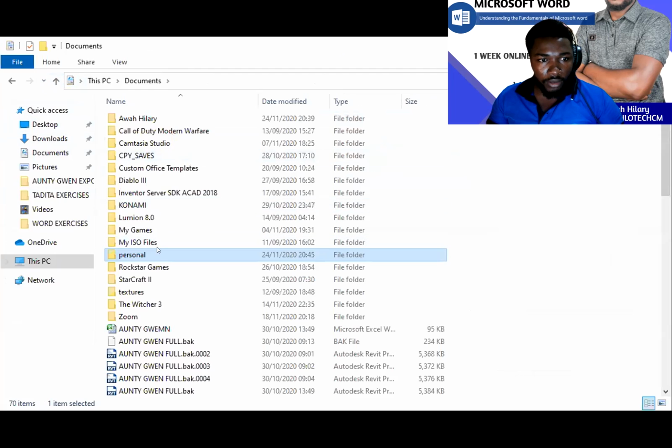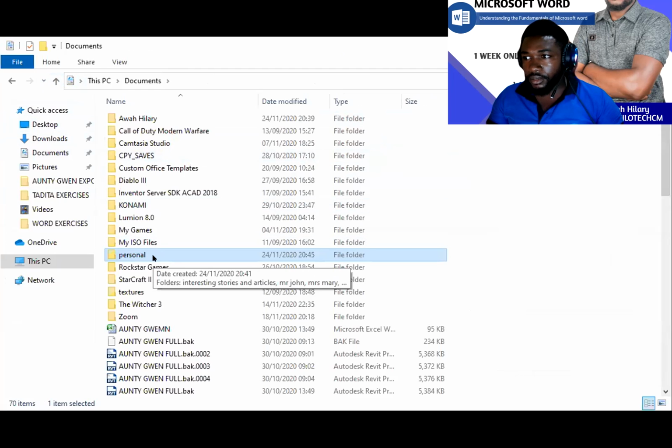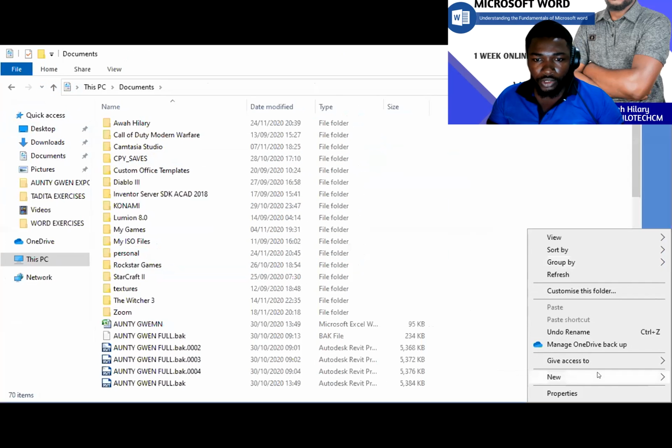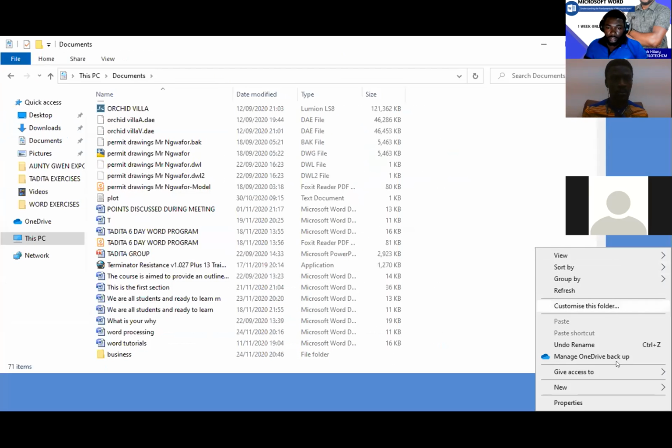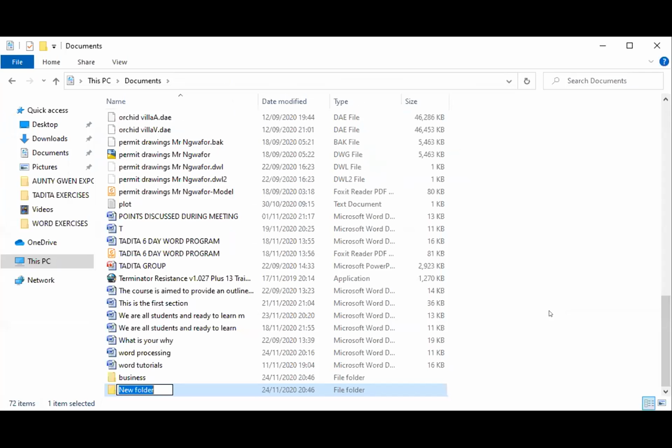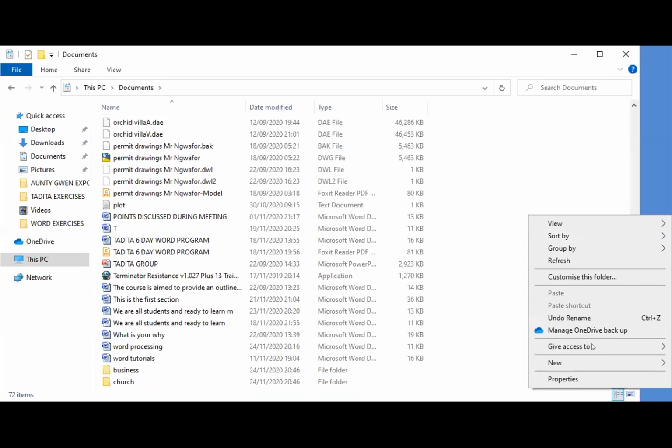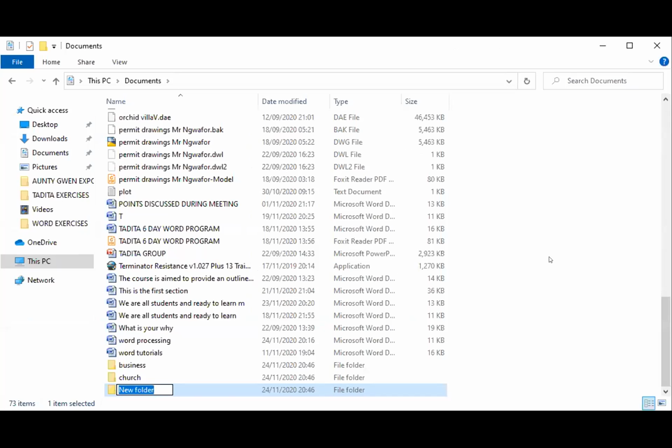You need to go all the way back to where you had what? The personal folder, and you create another folder under your My Documents tab, which is now going to be what? Your business folder. So you just type in business like that. The next is church. And the next, family. There you go. So this is what you had to do as far as the first part of that exercise